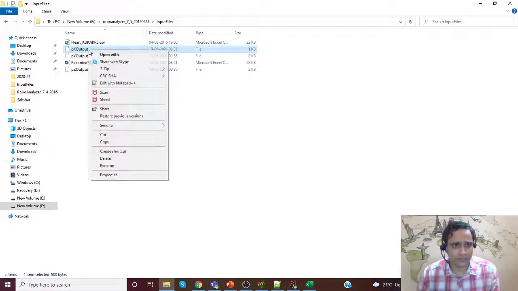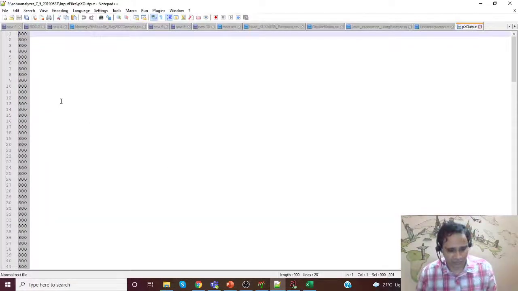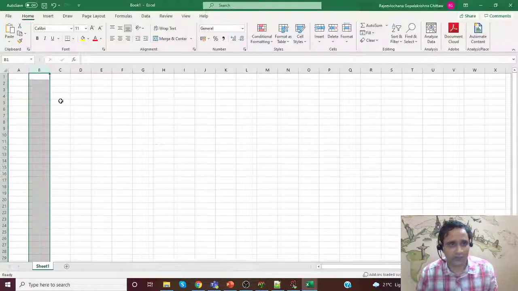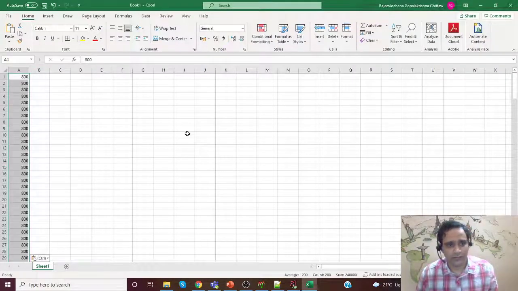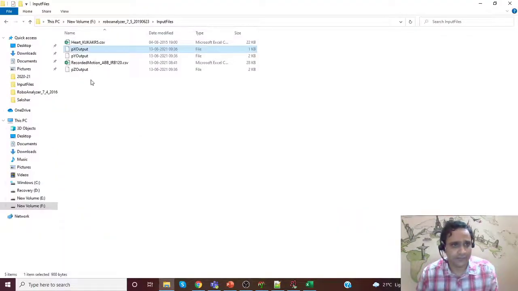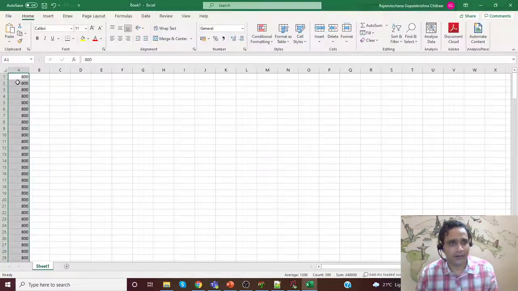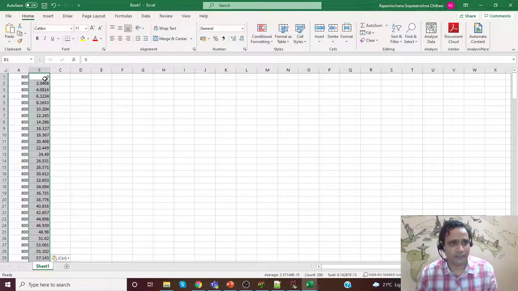Okay, now this px output I can open with multiple things, so I just use Notepad++, see whether it works. Okay, I can just copy from the Notepad file and paste it here. Similarly, py output, I'll just copy and paste it in the second column.